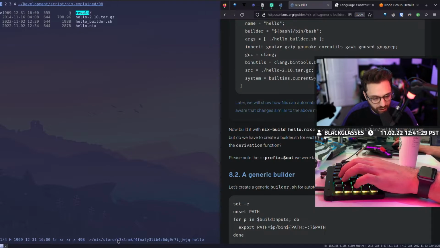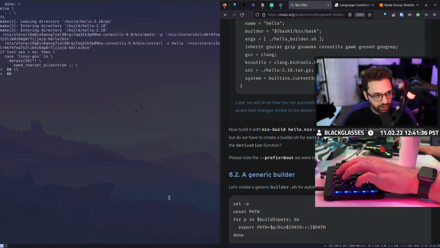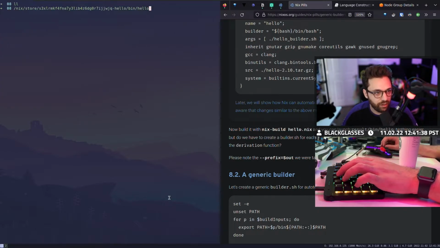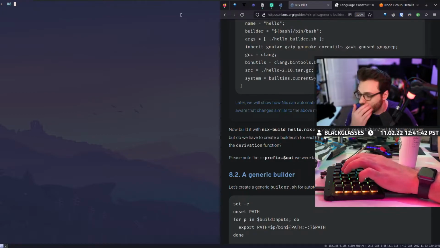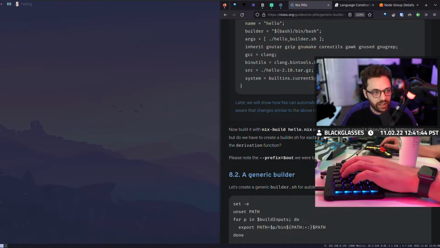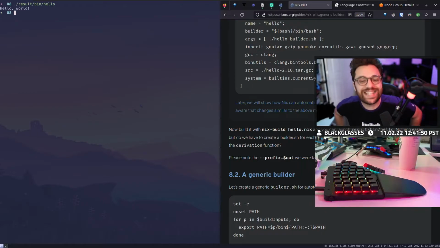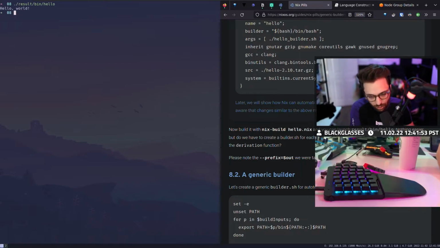And so you'll see here, result is actually symlinked to the Nix store path. And if we look back at that path that I ran, it's the same path. So Nix does do a lot of really nice things that try to help you get there. Now I can just do result bin hello, and there you go, right? And again, it still exists in the store, but it's symlinked and available to me so that I can use it very easily.